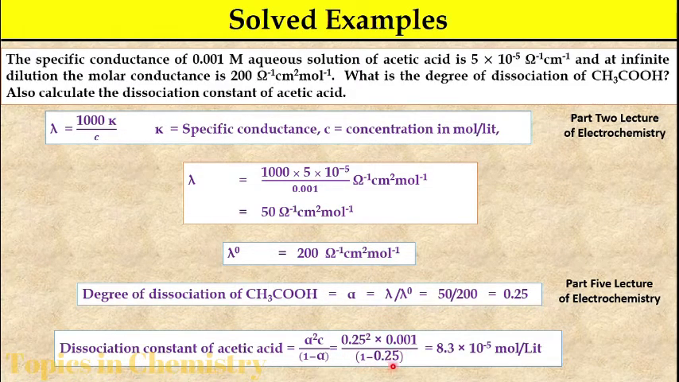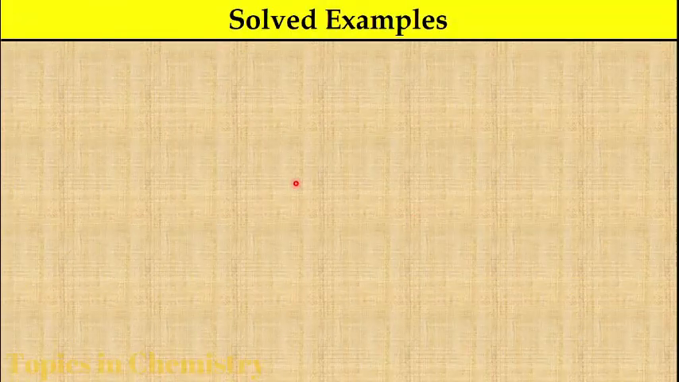alpha square C by 1 minus alpha. That is equal to 8.3 into 10 to the minus 5 mole per liter. Okay, so that is the answer of that question. Alpha is equal to 0.25 and K alpha is equal to 8.3 into 10 to the minus 5. So next problem,